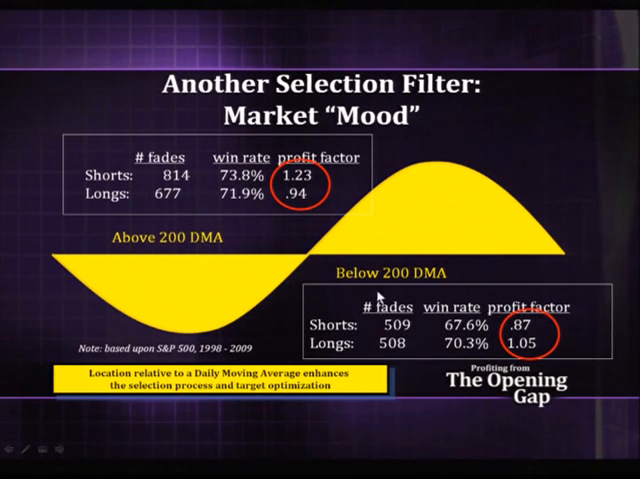But if you look over here on the bottom right, below the 200-day moving average, it's the opposite scenario. The shorts actually do worse. They have about a 67% win rate, almost a 68% win rate, and a profit factor of 0.87, the lowest of all of the 4 combinations there. And the longs actually do surprisingly well. So one of the questions I get a lot on this, Tony, is why in the world would shorting a bull market work better than